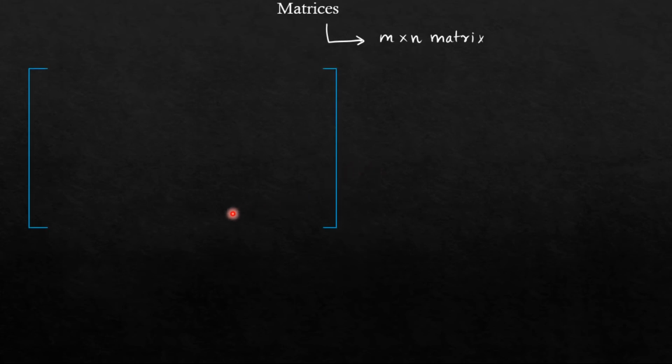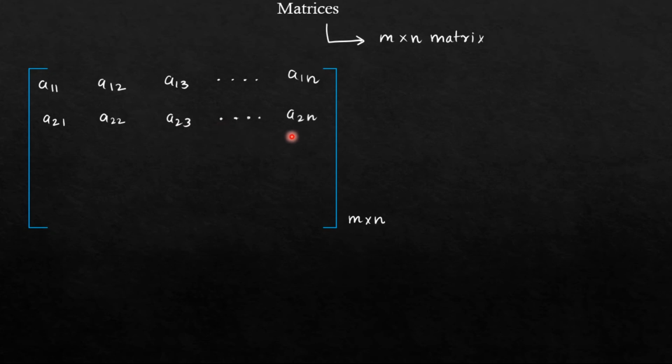So how do we write a matrix? We will write the order at the bottom right corner, and the elements will be represented as A11, that means row 1 column 1, A12, A13, it means row 1 column 3, and up to A1n, that means row 1 column n. Okay. Similarly, A21, row 2, column 1, A22, row 2, column 2, A23, and so on up to A2n, row 2, column n. Okay.